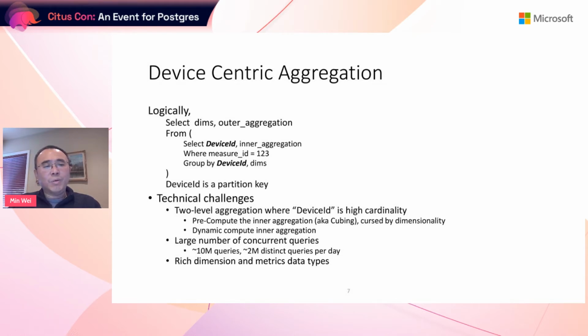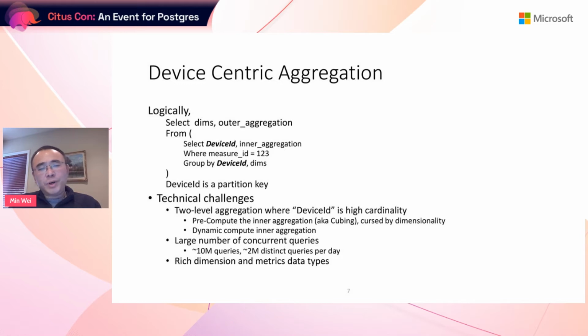The reason we're choosing this is that from the Windows data engineering experience, we found that doing this type of aggregation, which we call device-centric aggregation, or sometimes one device, one vote, helps with noisy devices. Because Windows has a very large population, if you do not do one device, one vote, sometimes a faulty device would generate too much noise, and this would dampen the signal about the actual quality issues.